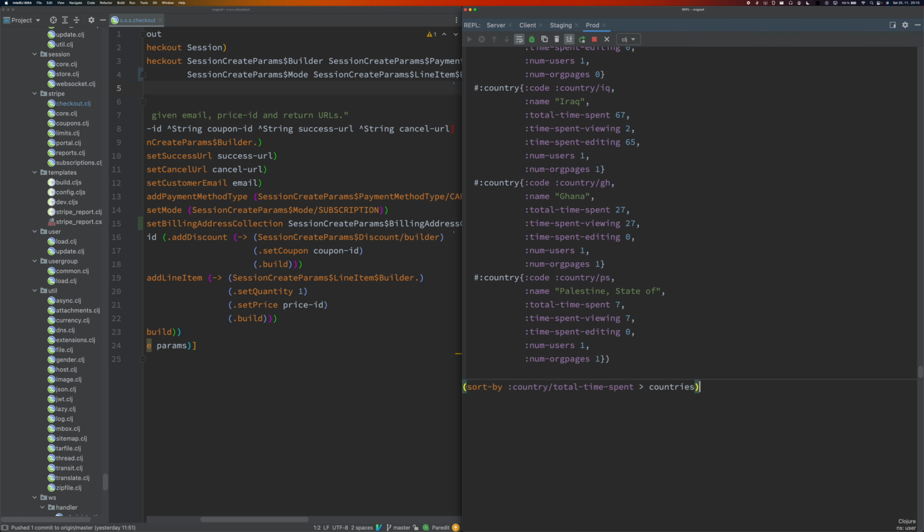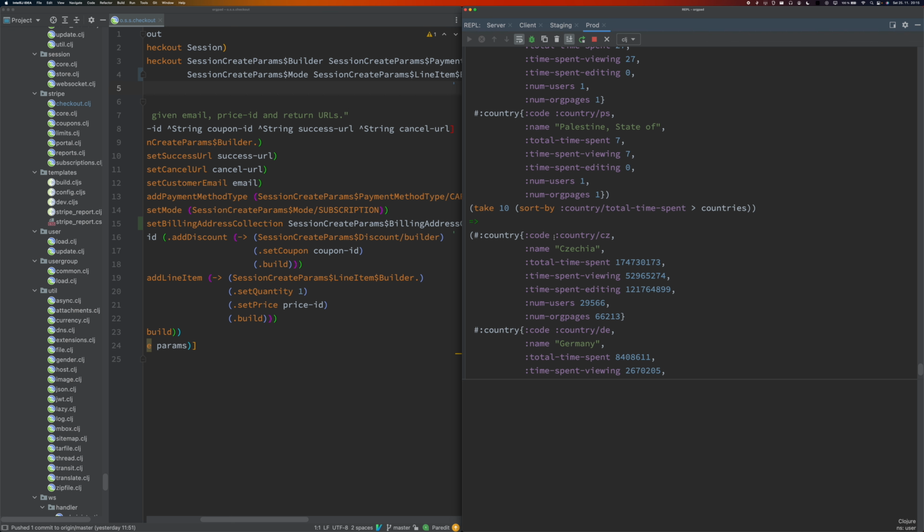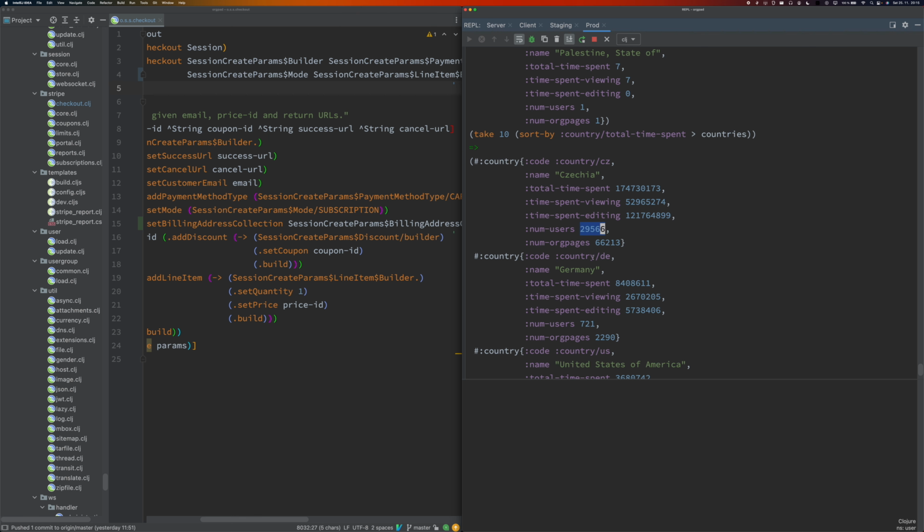Let's take maybe the top 10 countries using OrgPad the most. And we get that the top country is Czechia. We have a lot of customers from Czech Republic, 30,000 customers, so more than 75% at the moment.